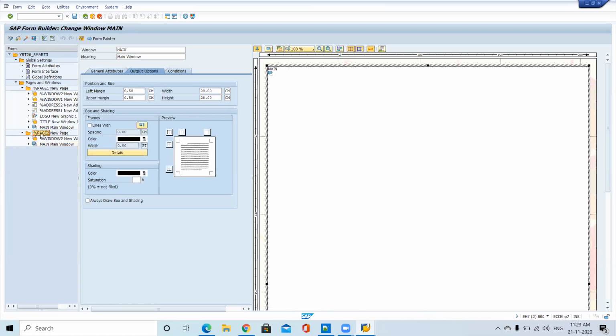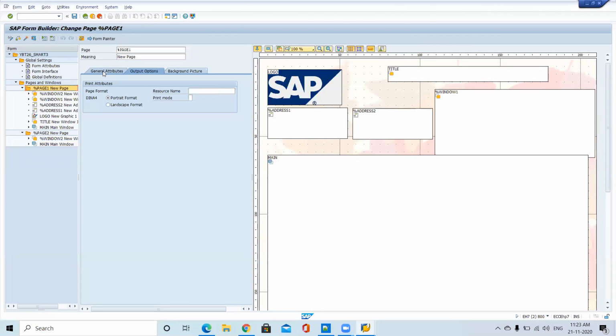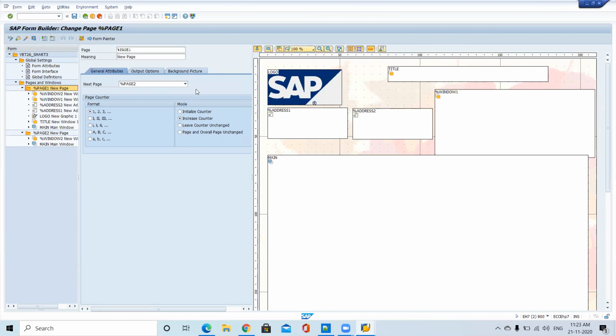At the time of creating a second page, just finalize the first page, completely develop the first page. Then copy and paste it as a second page. Here on page one, you have to change the properties: for page one, the continuation page is page two. Otherwise, even though you have created a page two, if you have not changed it here, it will take the default page as page one. So you have 2 pages, but if you have not changed it, it will always take the continuation page as page one. You have to modify it.